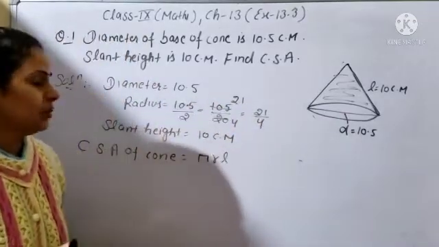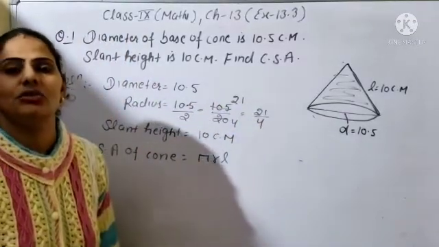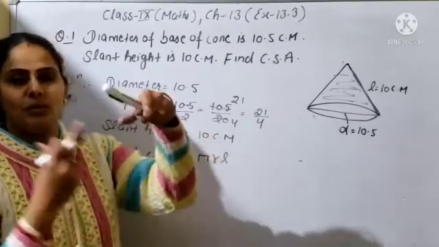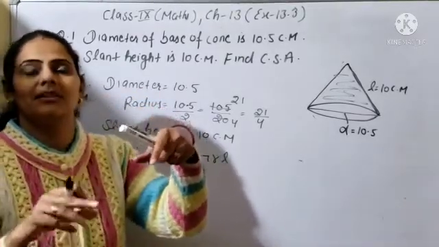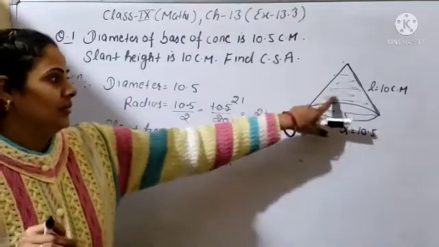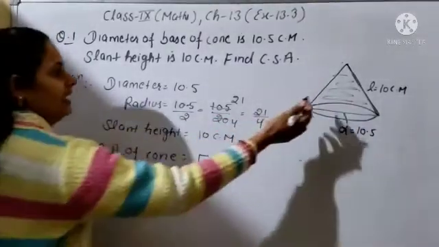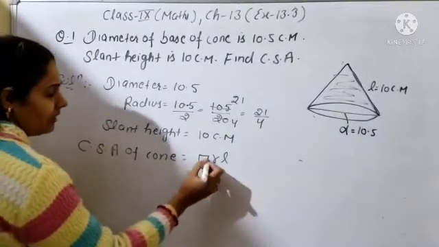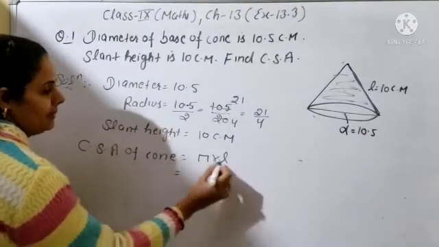But here you are not finding the total surface area. It means you are finding the curved part area, and which is the curved part? It is only the upper part of the cone. The base part will be the circular base. But you will find the area of this part, and this is the curved surface area, and you will denote it by pi r L. The formula of this will be pi r L.